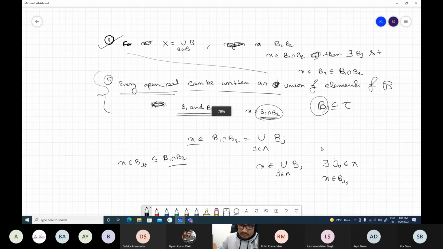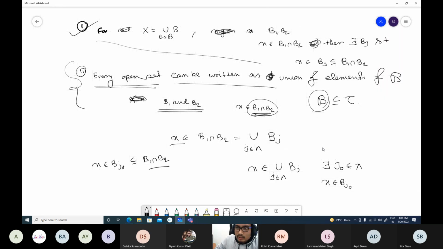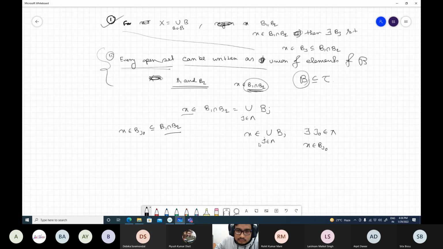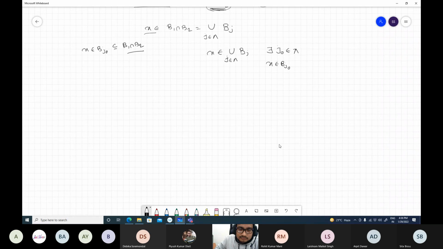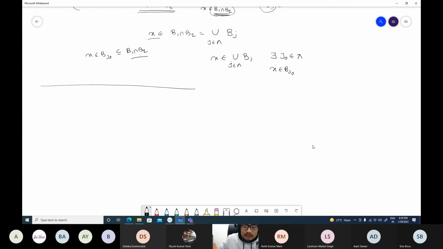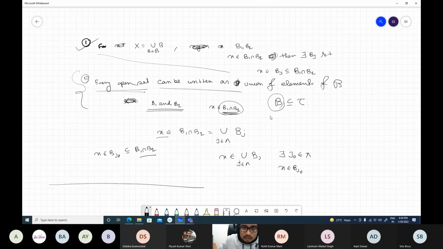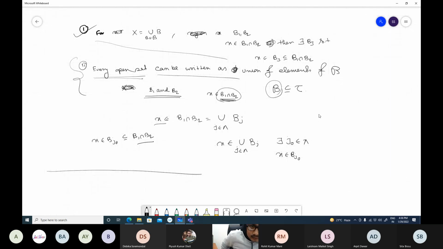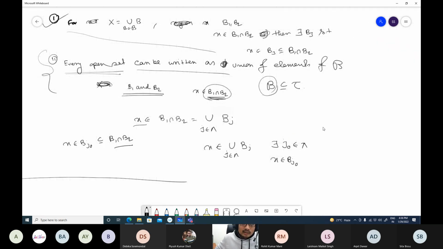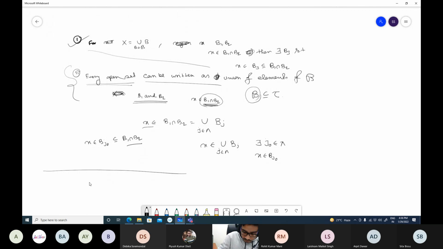But now look, when I defined it earlier, I took any set X and a collection B in it, such that each element of B has this property, and then I defined a topology which is called the topology generated by this basis. Okay, so you see,